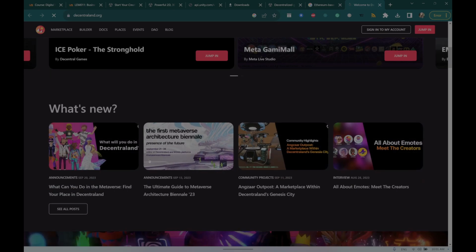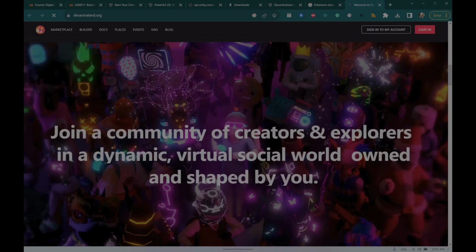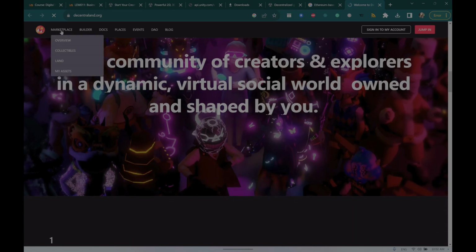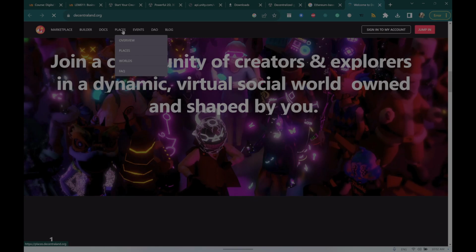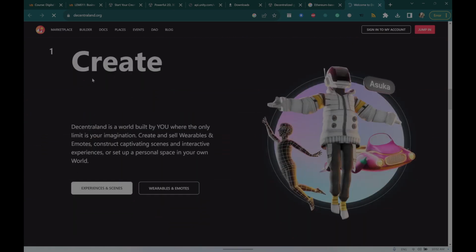It's a virtual world, as you can see, and you can build these images, these avatars or whatever 3D assets, and as you can see, here's builder, documents, places, events, and so on. And as you can see, you can create, as I told you, this is Asuka, and you can create these avatars and buy them and sell